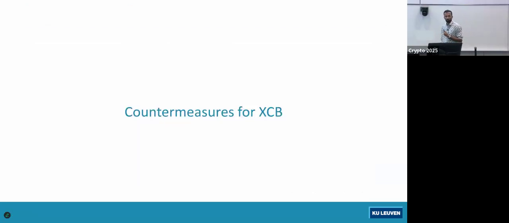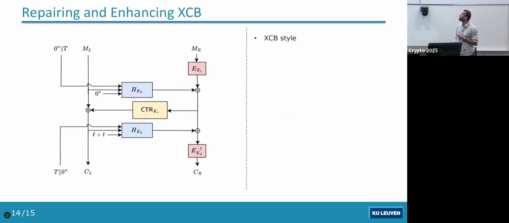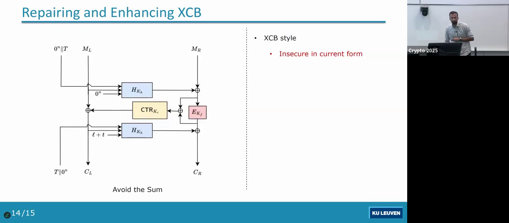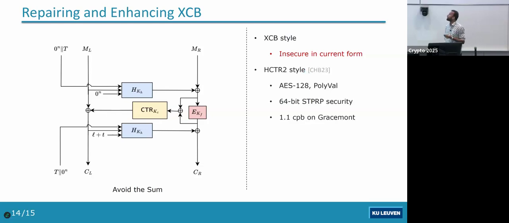So in this paper, we also proposed some countermeasures. As we just saw, XCB style on its own is insecure because you have this shared difference that can be exploited because you sum the hash functions here. So an obvious and, let's say, natural countermeasure would be to avoid the sum by putting a block cipher in between. This is the strategy well known, used in HCTR2, and it provides you ×1 security with quite nice performance